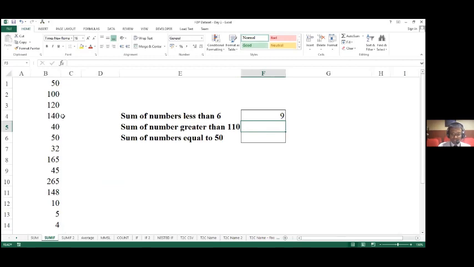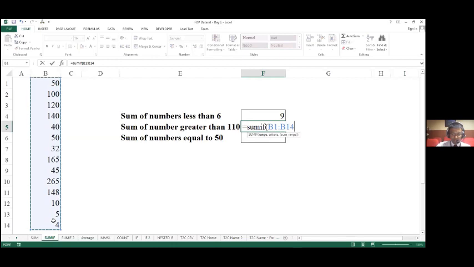In this case, I will use is equal to SUMIF, open bracket, define my range. My range is B1 to B14. Now I have to specify the criteria. So, comma, open quotes, greater than 110, close quotes, close bracket, and press enter.